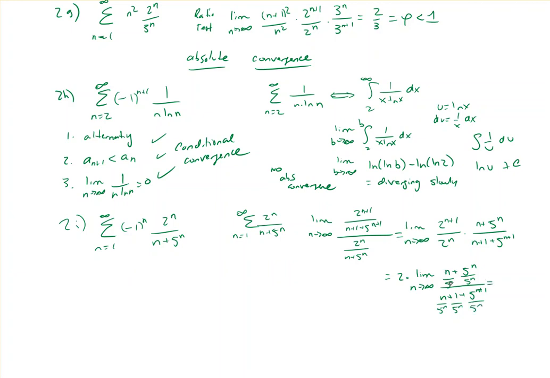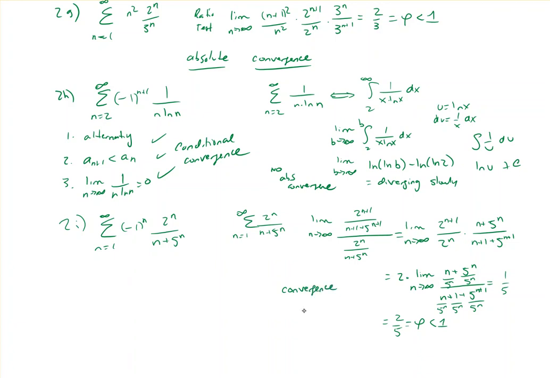Now, what's n over 5 to the n? Well, as that goes to infinity, the exponential is much faster. So this is going to be 0, this is going to be 0, this is going to be 0, this is going to be 1, and this is going to be 5. So we're going to get 1/5. So that's why this whole answer is going to be 2/5, which is our rho, and our rho is less than 1. And therefore we have convergence